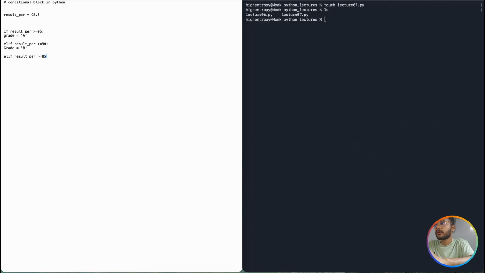Then you will say if it is greater than 85, then here also I kept grade, it automatically kept grade actually. Grade, I need to switch that, it's not going to help us. And yeah, now it's elif. If result percentage is, as I already told you, 85 to 80, then you will say it will be grade.